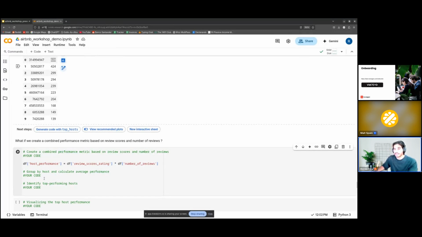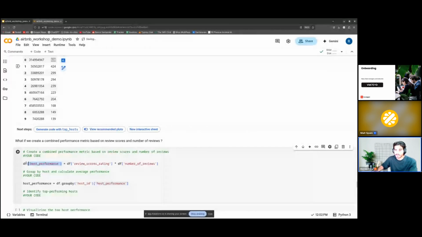Okay, if we press that, and now group by host and calculate average performance. We know now that when we're trying to calculate the average of something, we use the aggregate function mean. So we say host performance equal to df.groupby, and then we say we want to group by host, because this is what the analysis is leading us to. So we say host performance. This is the column that we just created here, as you can see,